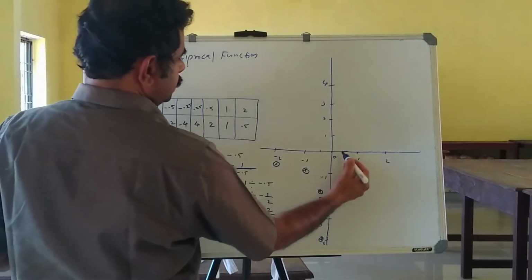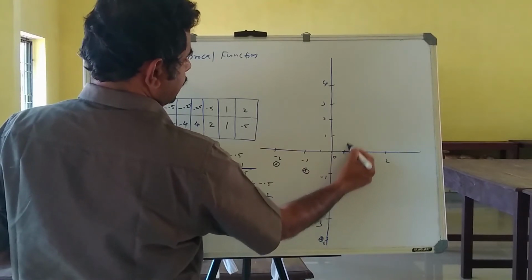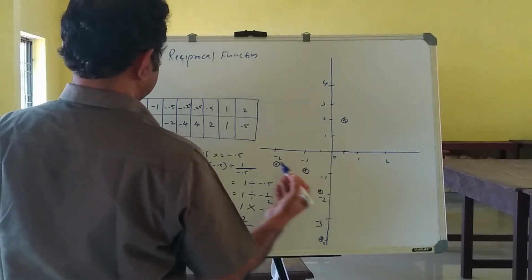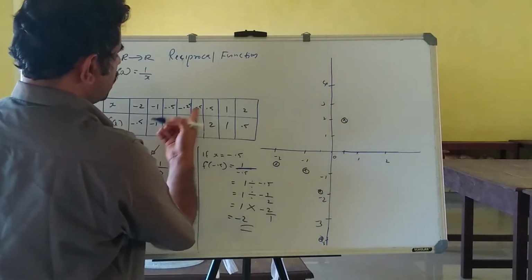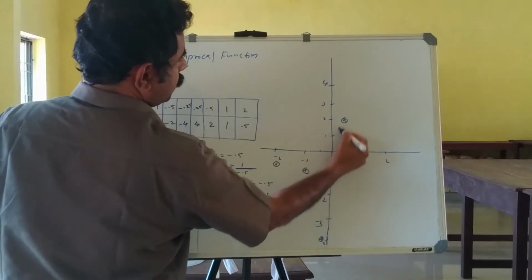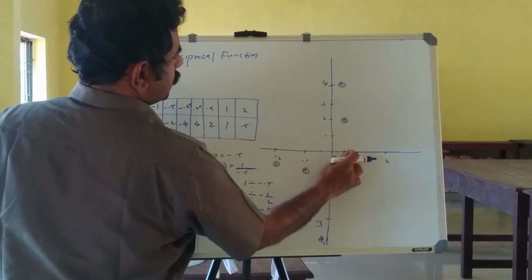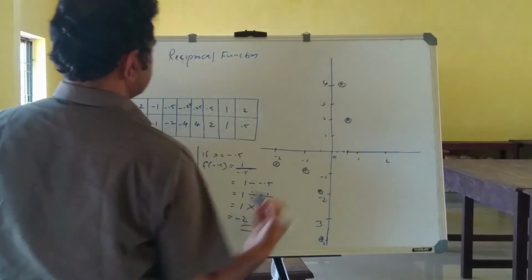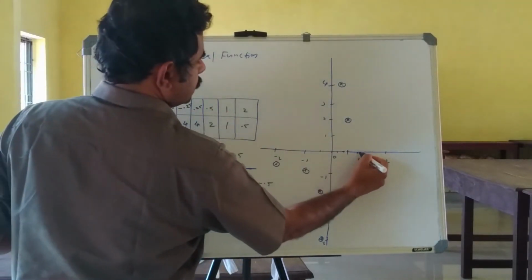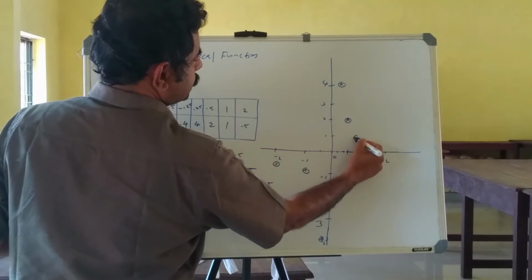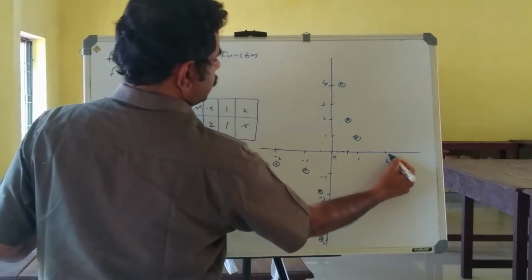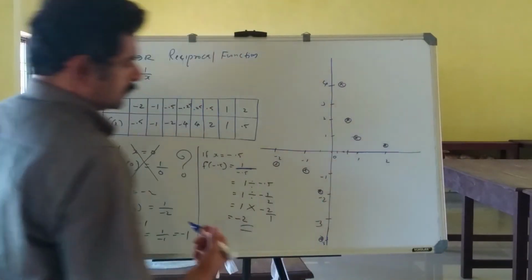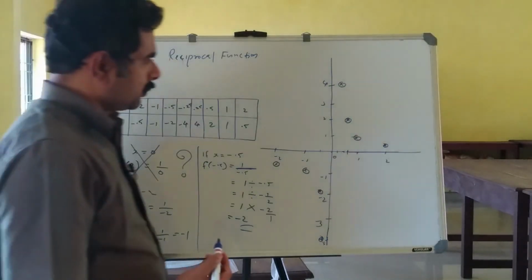0.5, 2. It is 0.5. That is 2. 1, 1. 0.25, 4. 0.5, 2. Right. 1, 1. 2, 0.5, this one. Okay. So we can draw, join these points